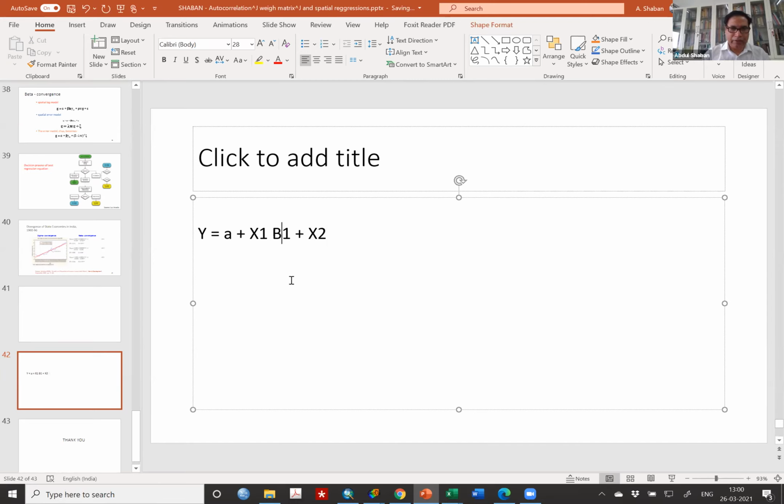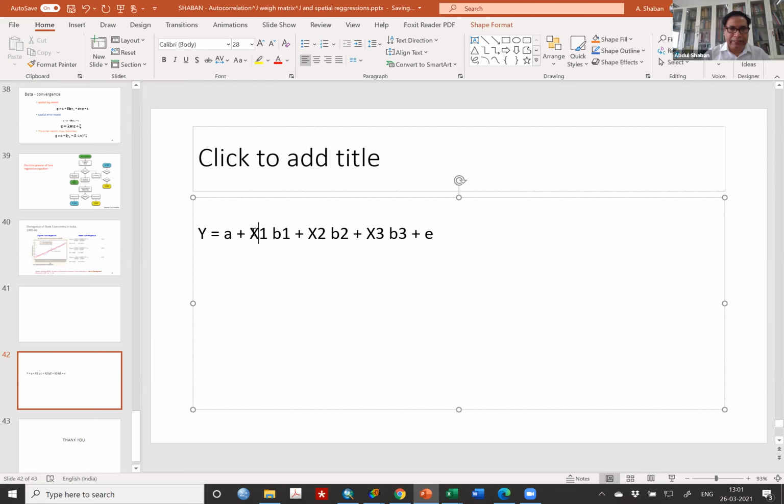I keep it smaller so that the coefficients are x2 b2, plus maybe, if there is another one, x3 b3, plus e, the error term. Look here: Y is the dependent variable, all of you know. A is the intercept, the average.